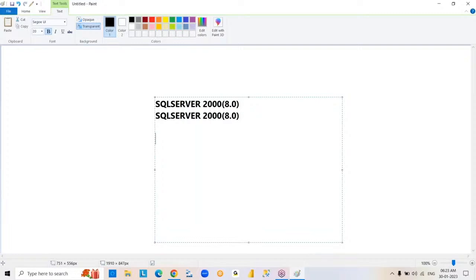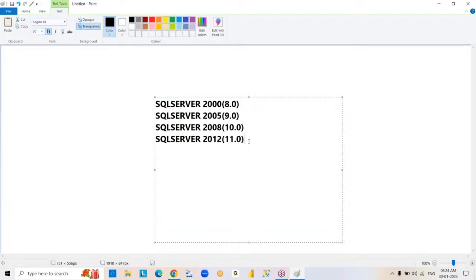So next we have SQL Server 2005, which is also known as 9.0. Then 2008 version 10.0. After that